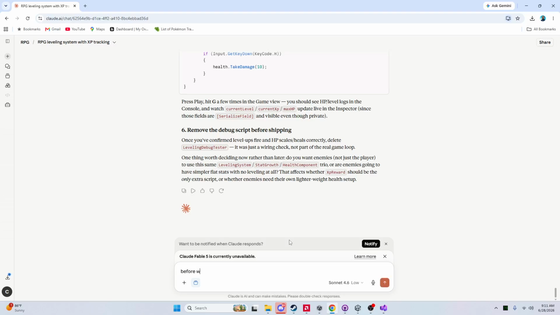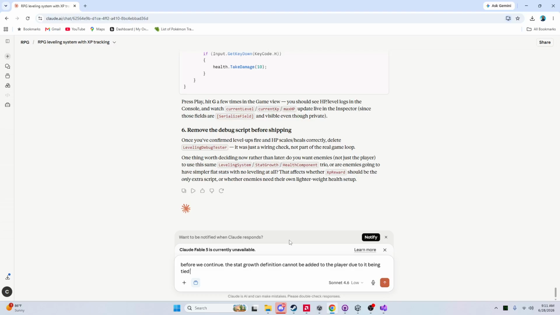Before we continue, the stat growth definition cannot be added to the player due to it being tied to the stat growth. Sorry, my microphone's falling. Due to the stat growth not being derived from MonoBehaviour,